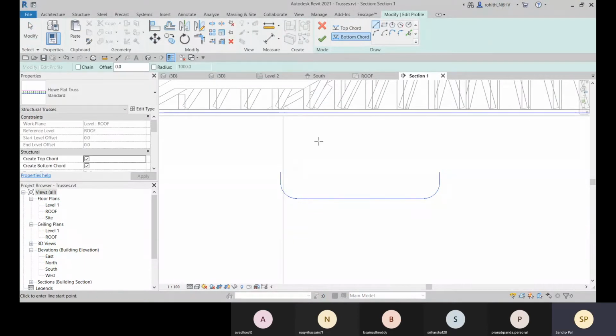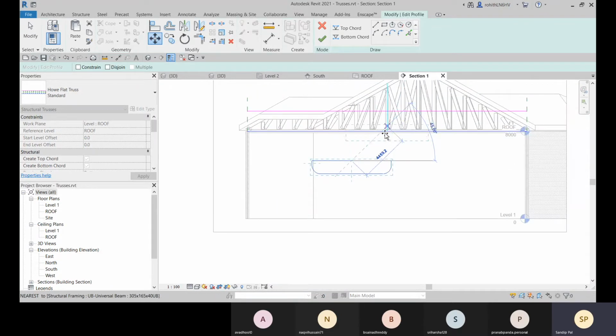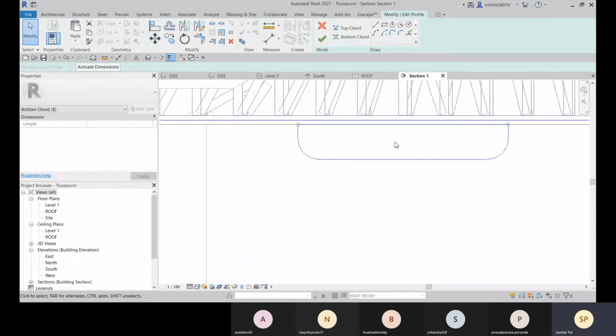So let me go to this bottom chord and let me draw a line. And then you can go for move, select it, enter, and then the midpoint. Okay. And there you can select the midpoint of this bottom chord, where you can place it, and the overlapping line.